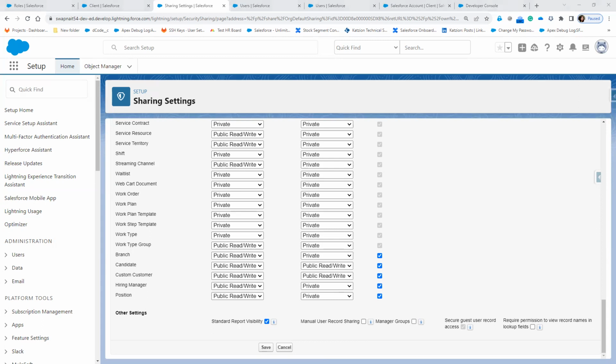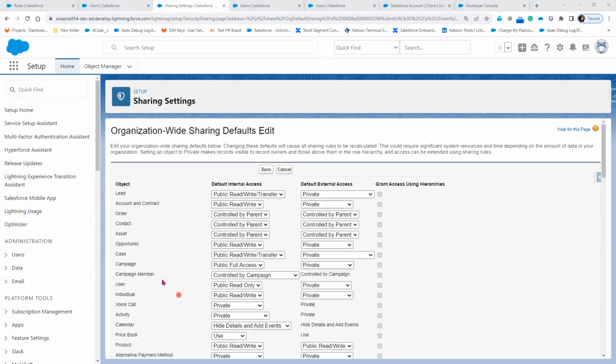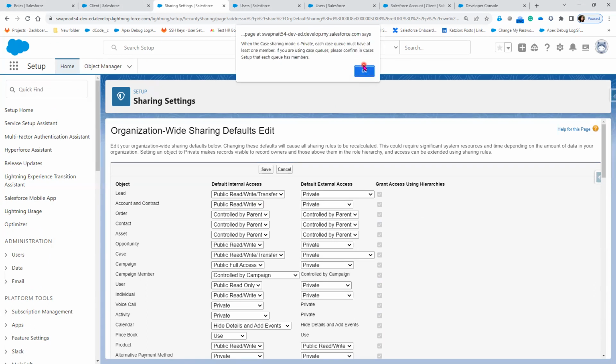You can assign multiple records to a single user, or a single record to multiple users. That we will see, how we can assign it. Right, so those are the options which are available. Now what we are doing is, for the Account, I'm going to change it from Public Read/Write to Private. Now when I change it to Private,